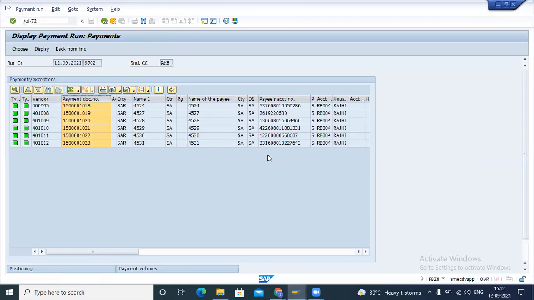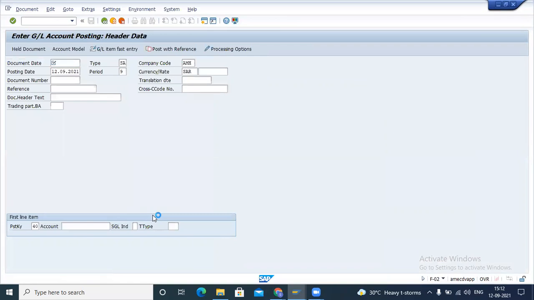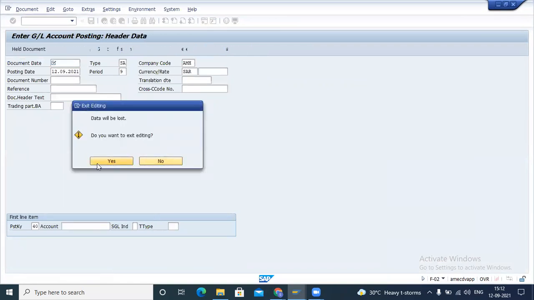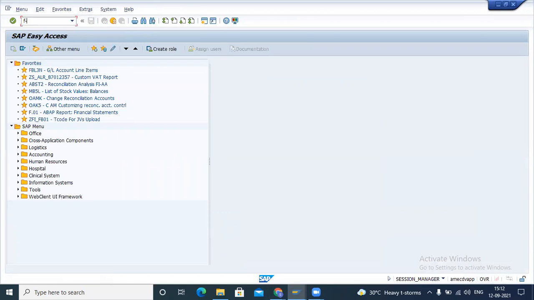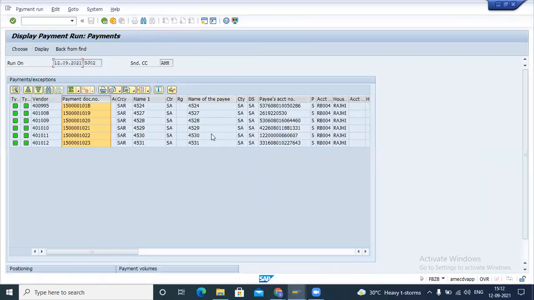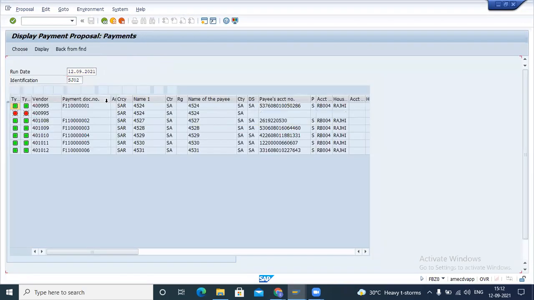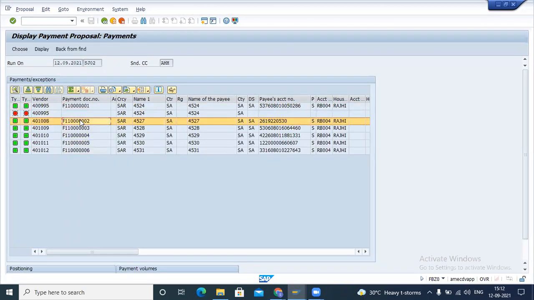Yes, yes. 1 second. Automatically the voucher is generated and we will print another. No, no. Can you tell me the transaction code again? F-02. Okay, F-02. Yeah, that is for creating the parking document, the payment voucher. I have already told you that we have this number. So how to print this one?